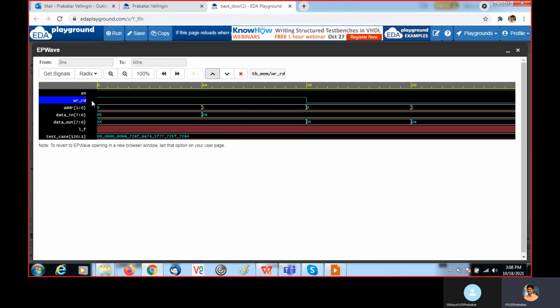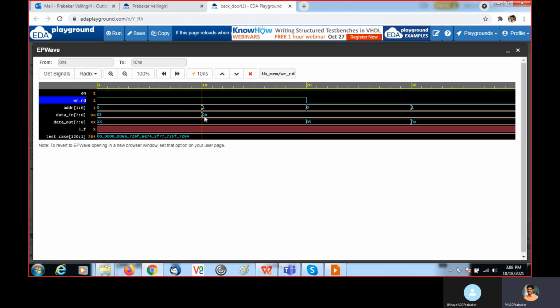Then write_read. First we are performing the write operation, so write is 1 up to this point. We are passing address 0, for which data in is 5, so 5 will be loaded at the 0th location in the memory, and for address 1 we are passing 10.